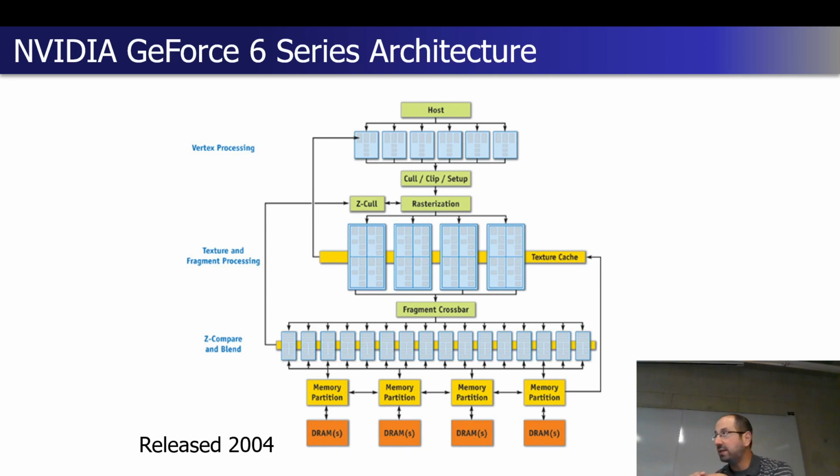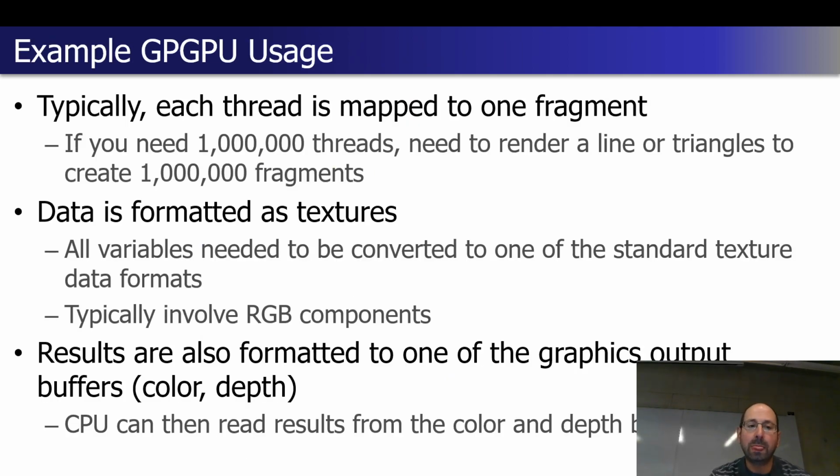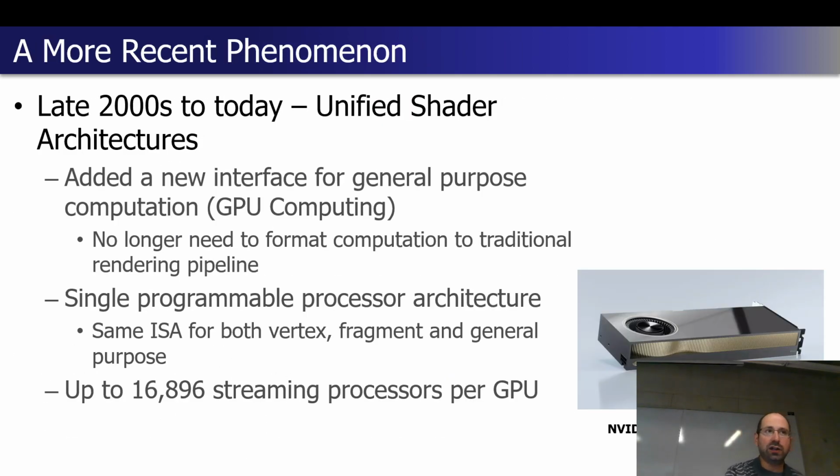So you don't have to have that static partition. That partition of tasks between vertex and fragment can be a dynamic thing, on a scene by scene, even frame by frame potential basis here. So we have this unified shader architecture. Microarchitecturally, the cores still look roughly the same.